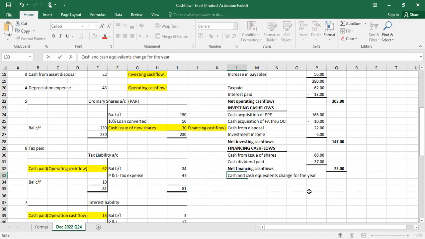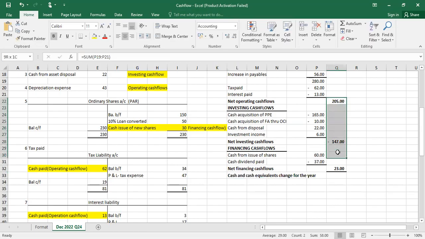The change in cash and cash equivalents for the period is a summation of these three cash flows in the second amount column. In the second amount column, we now have three figures: one for the net operating, another one for the net investing, and another one for the net financing. So when I add the three, I end up with a total of,